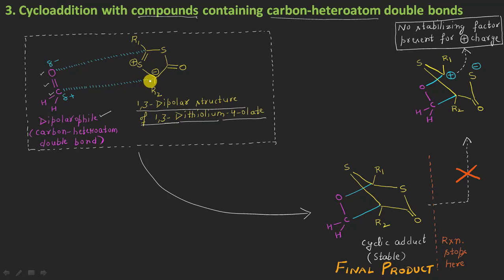using the regular 1,3-dipolar cycloaddition mechanism, the interactions will be like this here, giving rise to this type of cyclic adduct. And let us see, even in this case, whether the cleavage of this bond from here, sending carbonyl sulfide out of the system, is possible or not. Okay, so what we will see here is that after this cleavage, a positive charge will appear here, and as in the previous case, no factor is possible here which can stabilize this positive charge. Although we have one oxygen atom here that can stabilize this positive charge a little bit by electron releasing resonance effect.